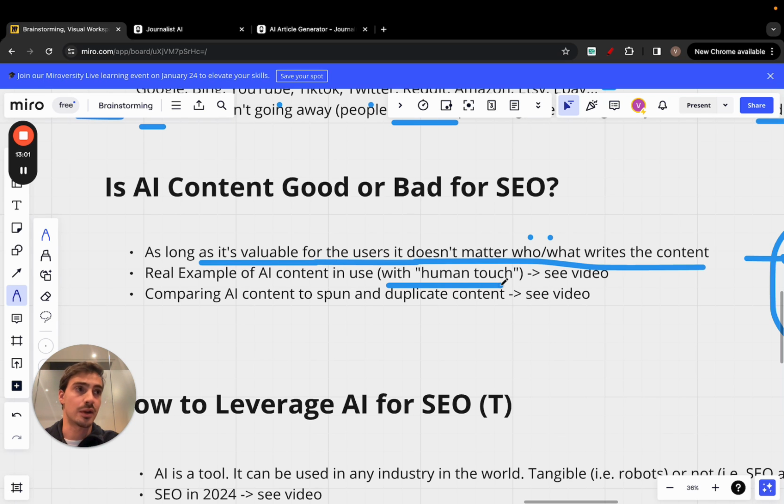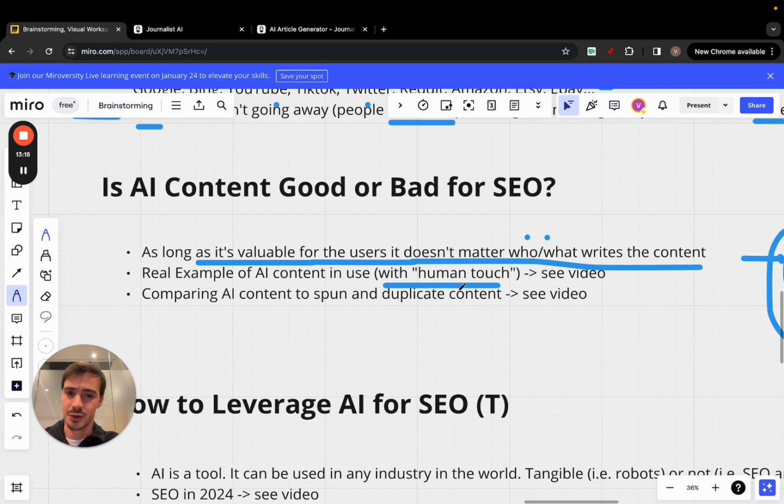For example, let's say you have a brain tumor, with images from actual brain scans that you as a doctor took yourself, with your own analysis written by you as a human. All this human touch is a ranking factor for Google, and I'll go over in the video what this human touch is. It's the images, the links, the way we write stuff. It's something you need to be aware of, so that's why I want to link this video here.